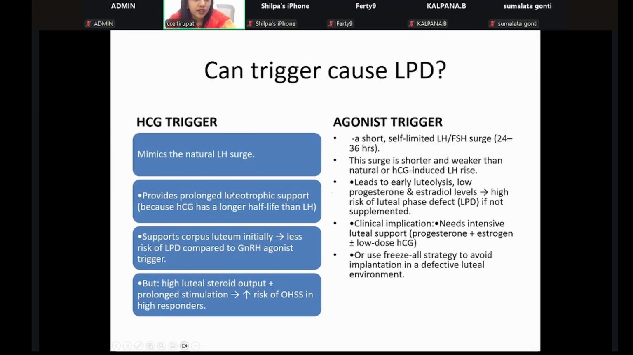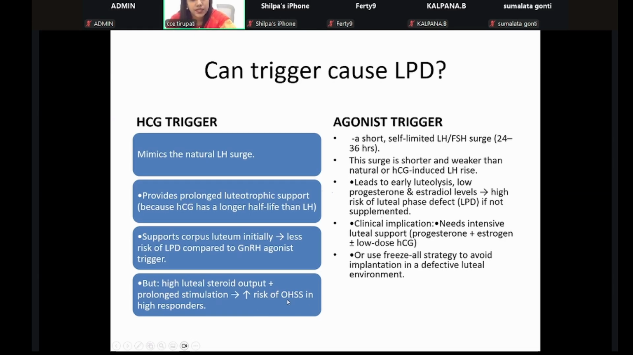It provides prolonged luteotrophic support because it has a very long half-life, up to 7 days. It supports the corpus luteum initially, with less risk of luteal phase defect compared to agonist trigger. Because with agonist trigger, the half-life is very short, like 24 to 36 hours. But again, whenever we give HCG trigger, we should be very cautious of OHSS because in high